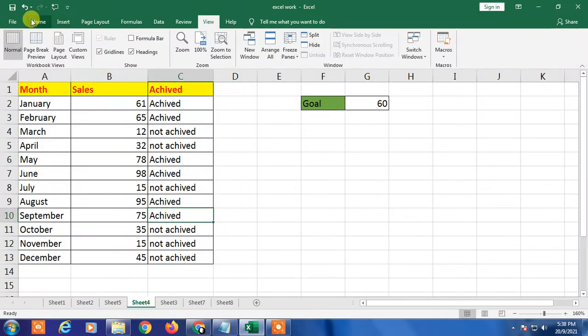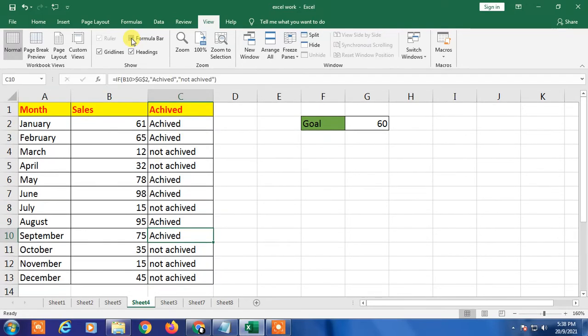So simply I have to go to View, and here you can find the Show option. Under the Show option you can find the Formula Bar, and simply click on this, and you will get your formula bar at the top. So if you want to hide your formula bar, the same option, you have to go to View